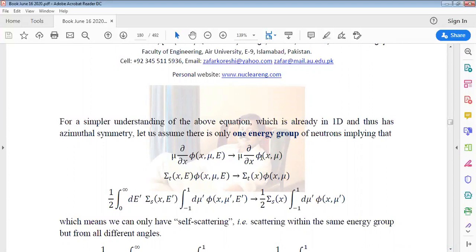Now remember, the assumption here was that collisions are taking place, but there's no energy loss. We also assumed azimuthal symmetry, and so many assumptions were made. Integrating all the terms over the azimuthal angle, we retain the polar angle theta, and mu is cosine of theta. So this is the scattering